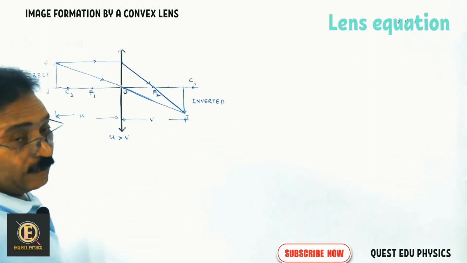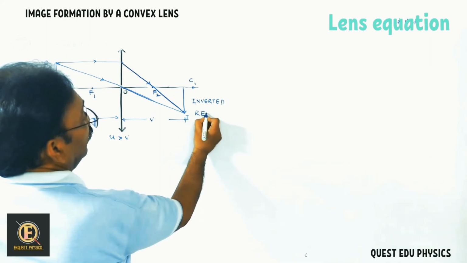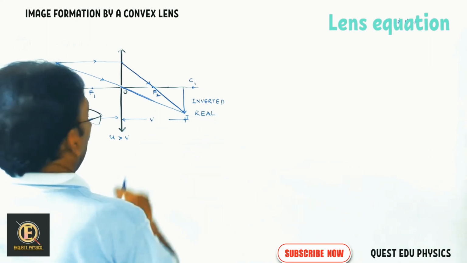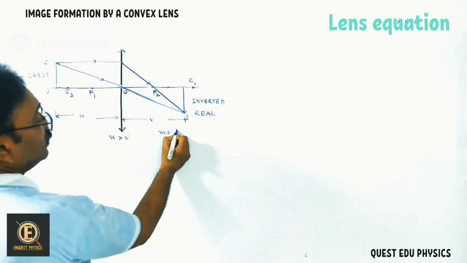This image can be taken on the screen. That's why we call it the real image. And what about the size? You know that magnification can be had as